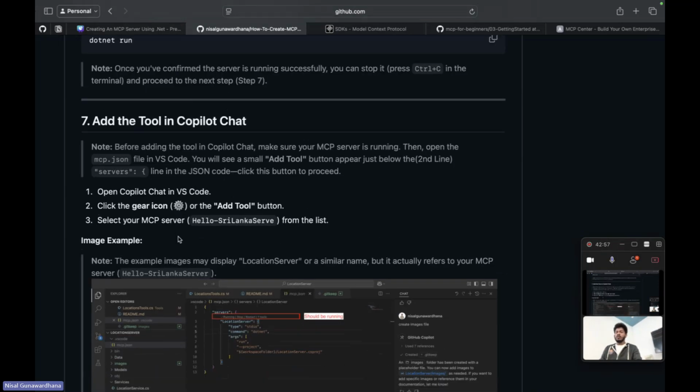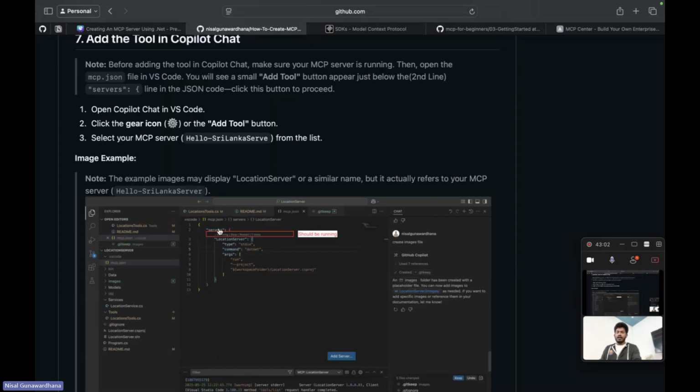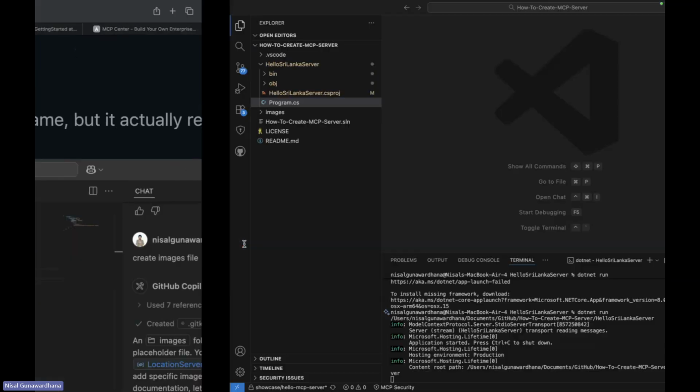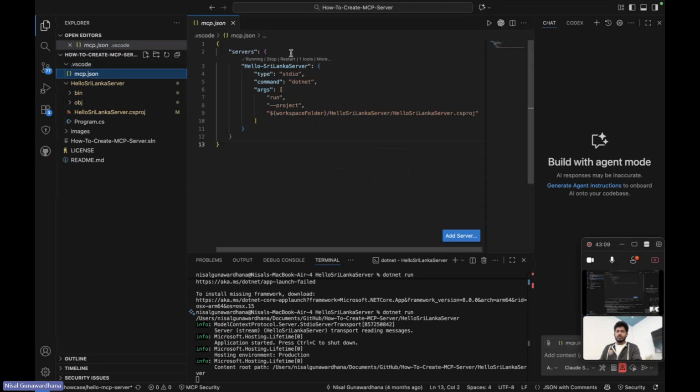And yeah, once we've done those things, in our mcp.json file here, guys, we can see this kind of option. So let's move to our VS Code, and I'm over on the MCP server, and here I can see this option. So maybe this is stop. Then you have to start this one. Once you start, here you can see it is running, right? So if you need to restart, you can use this button as well.